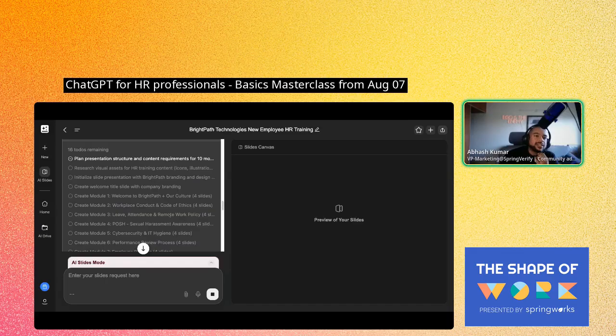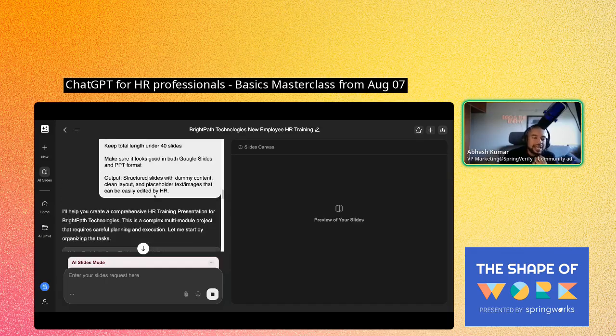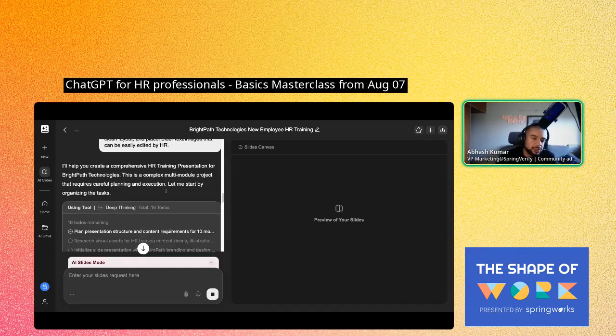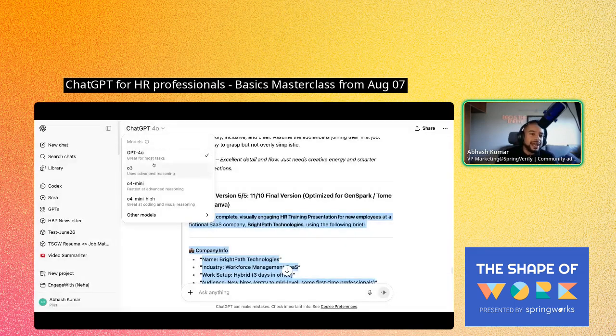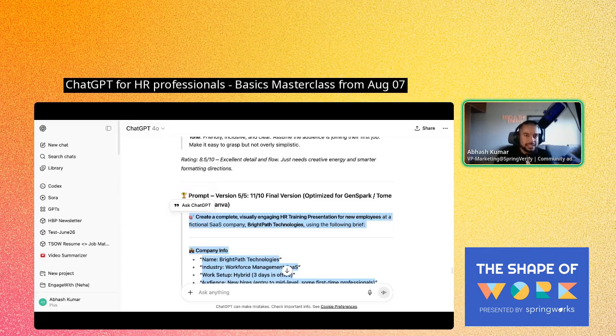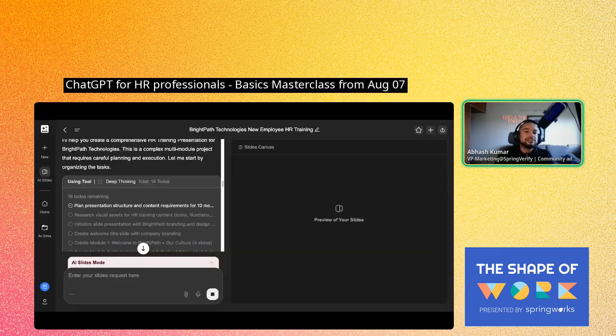Cool. So now it is doing the to-dos, right? As you can see, it is reasoning through that process. It is using deep thinking, and it might be using one of the reasoning models like ChatGPT O3 or O4 Mini, right? If you go back, you can see these are the advanced reasoning models. One of these models it might be using, or it might be using Claude's reasoning model. It could be using DeepSeek's reasoning model, right? It has access to multiple such models. So that is one more benefit of using genspark.ai, because you will have access to multiple models, right?